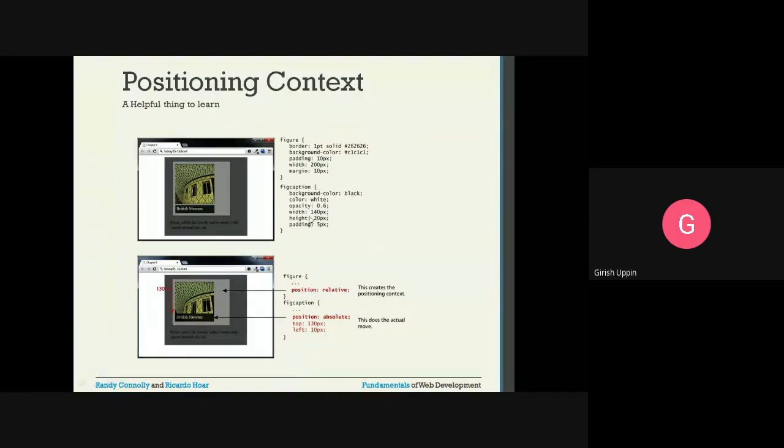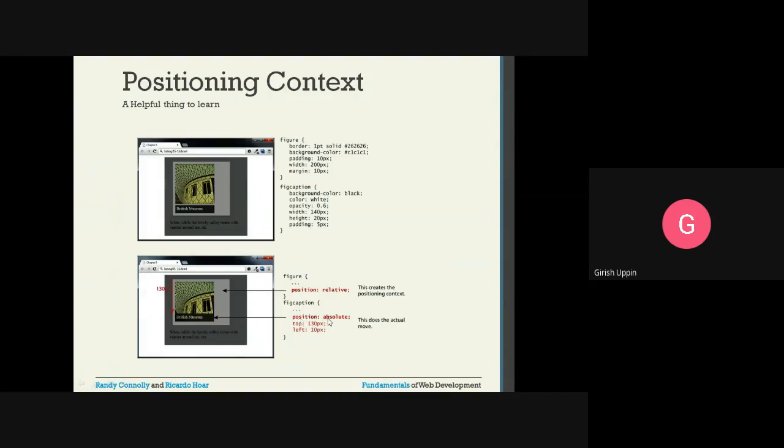Now for the figure, position is relative. This creates a positioning context. If you remember, relative means it will be positioned with relation to its normal flow position. Then the figure caption is absolute.